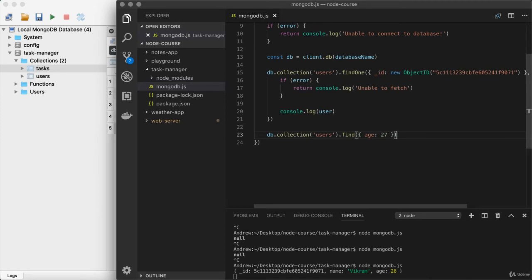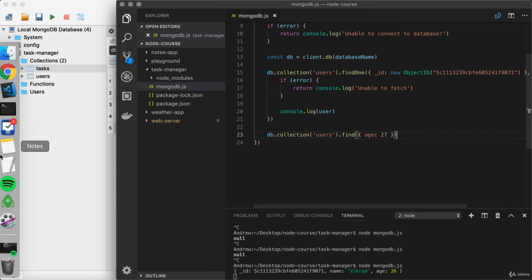And the reason we're getting a cursor back is MongoDB isn't going to assume that every time you use find, you always want to get back an array of all of those documents. There are a lot of other things you might want to do, like get just the first 5 documents, or do something even different, like just get the number of matching documents. You don't even want the document data themselves. So when we get a cursor back, it opens up a lot more possibilities.